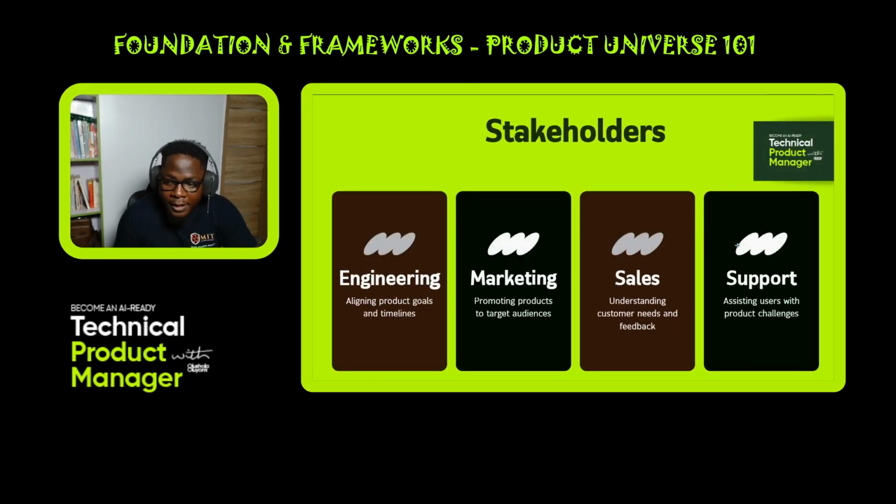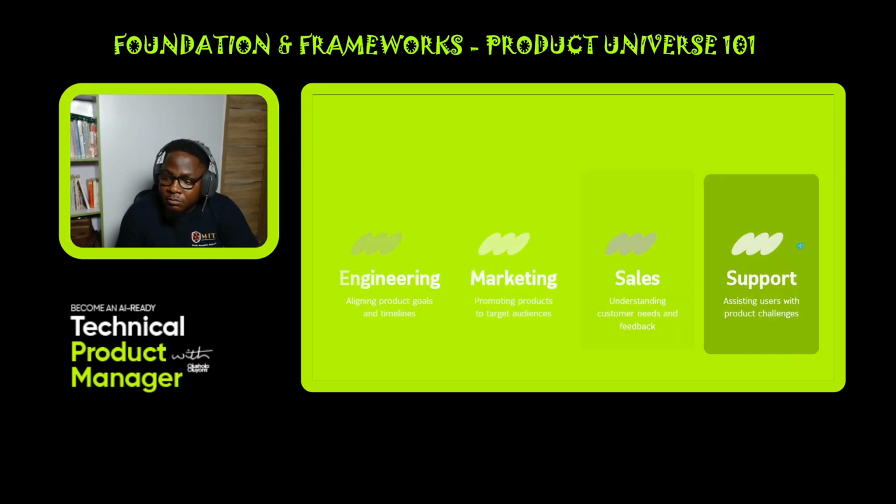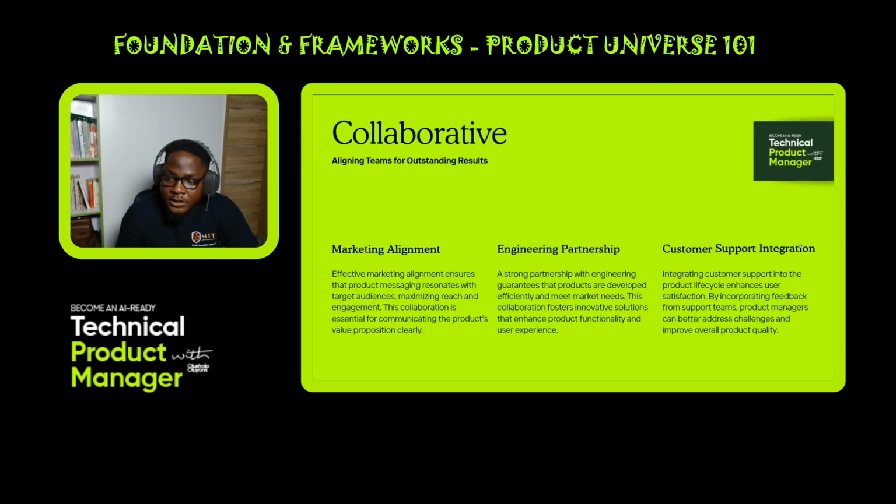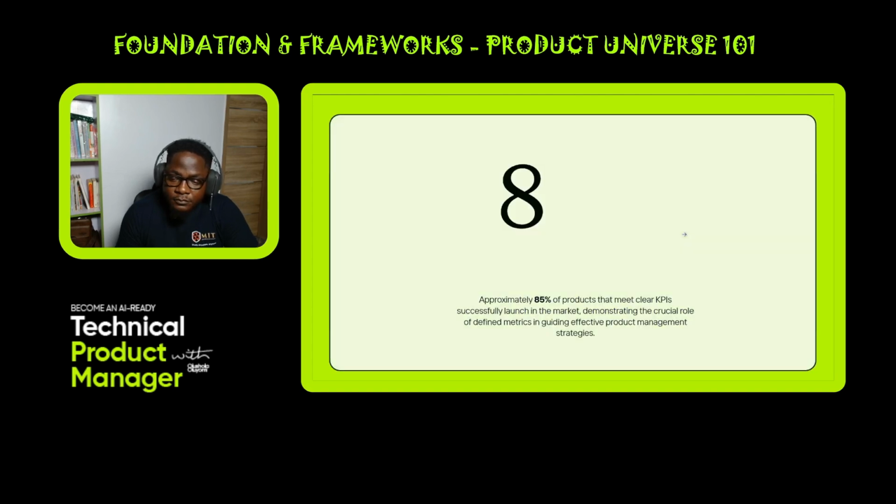All right. So, who are your stakeholders? Ideally, I've said it. You'll be working with the engineering teams, which include design. You'll be working with the marketing team, which includes growth. You'll be working with the sales team, which includes account managers, if you're working in the B2B space. You'll be working with support, which includes the success team, right? Yes, and I've said you collaborate with all these guys as well.